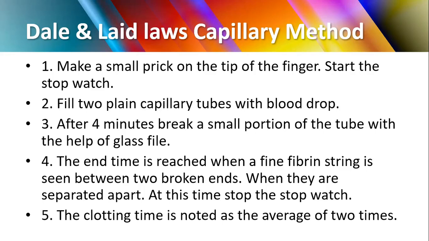If both are connected with each other by a thin fibrin string, then we can say it is normal, because you are breaking it after 4 minutes. But if you find no attachment between the two pieces of the capillary tube which has blood, no string or no small fiber between them,